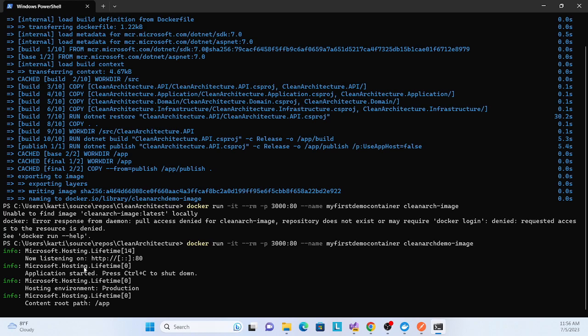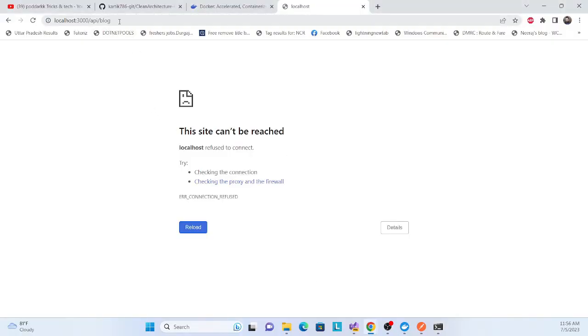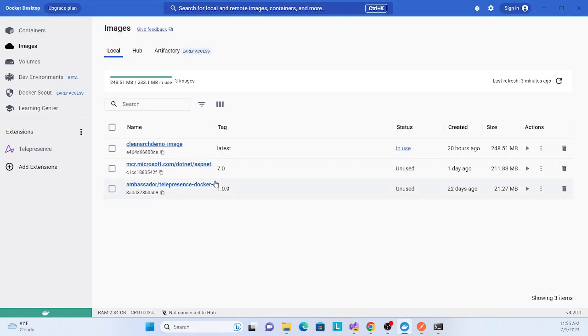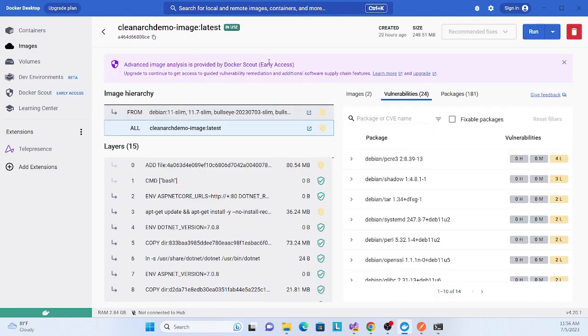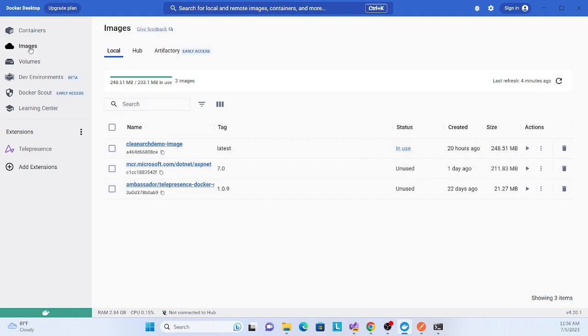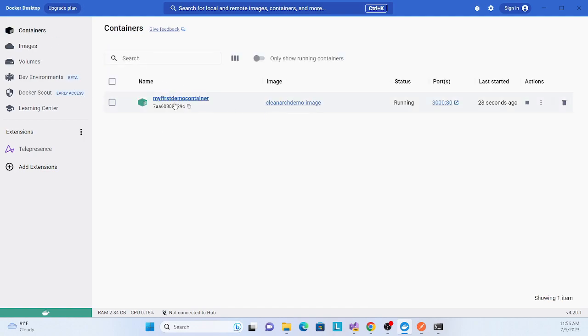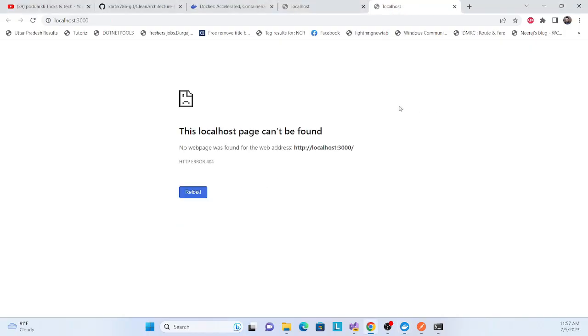Now see, it's running. Let me check. Open localhost 3000, because I'm running my other application on 3000, or make sure our image or container is running. So this is our image. See, the image is ready. Now click the container. Whatever name I gave, my first demo container, is there, inside our image, which is our image name, and this is the hosting port, our listening port. So click here.